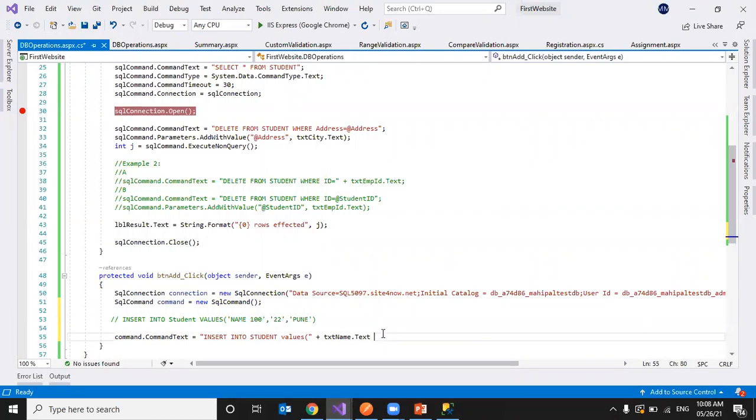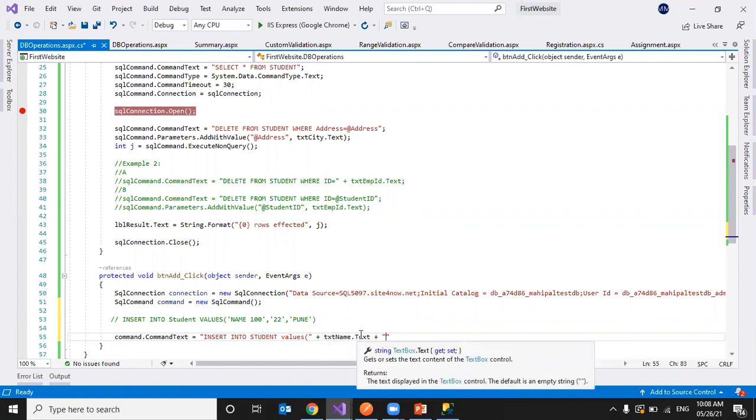To close the value and append those values, I again have to give double quotes. As it is already a string, no need to mention it as a string, I guess.